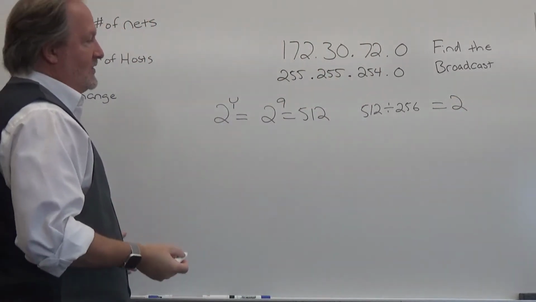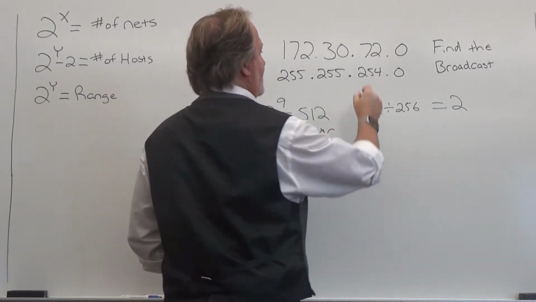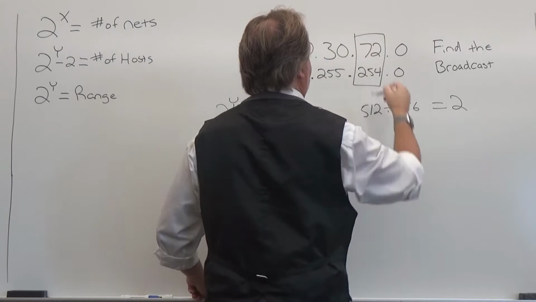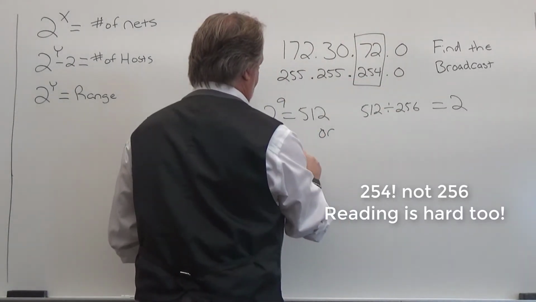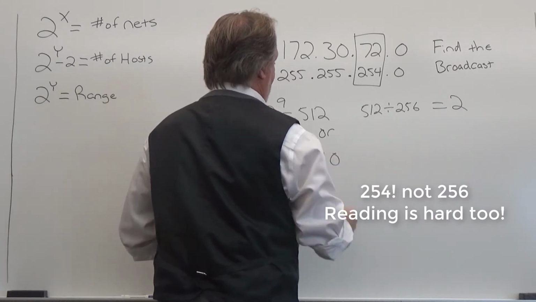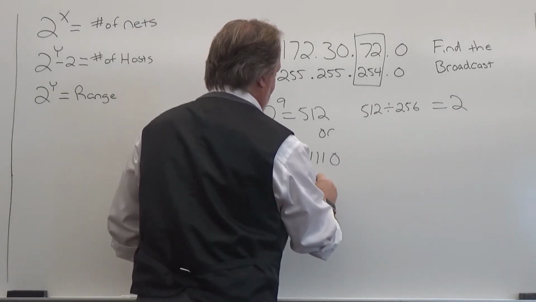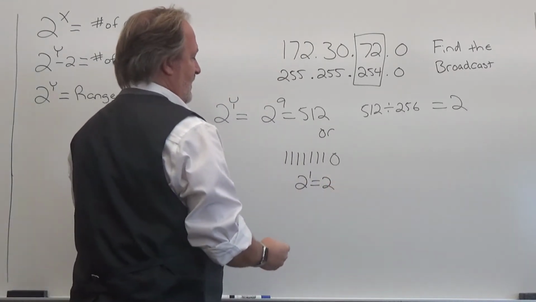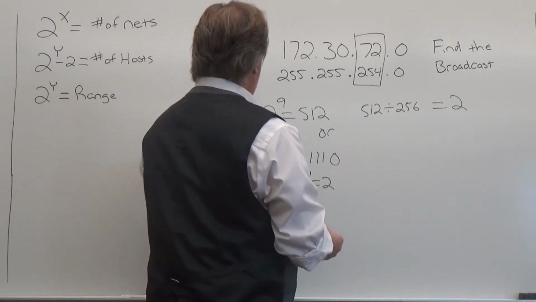Now you could also do that with the other method, and we could just focus on the octet that we're in, and 256 in binary is 11111110. So there's only 1 zero. So if there's 1 zero, we could just do 2 to the 1, and that would also give us the range. So our range is going to be 2. So now that we know the range,